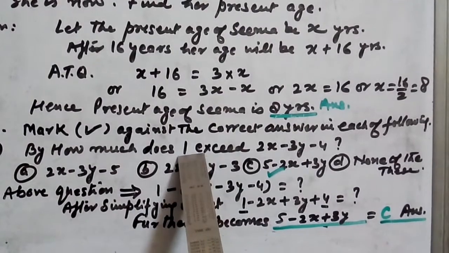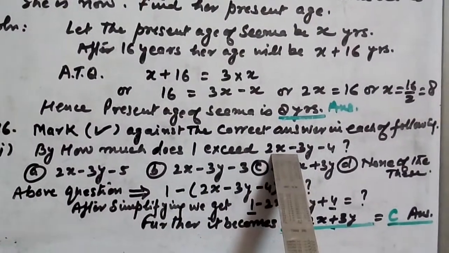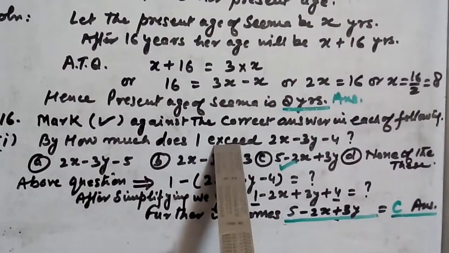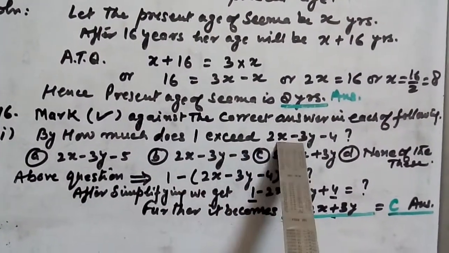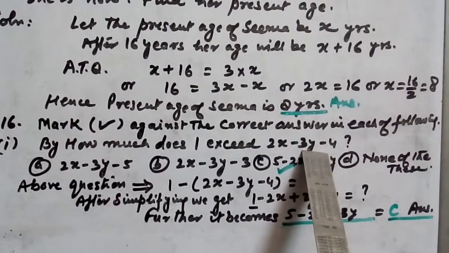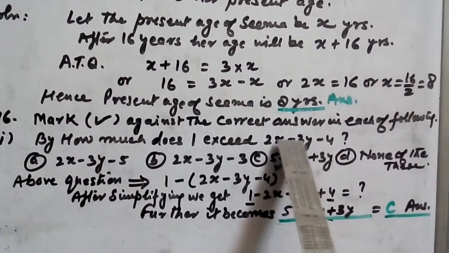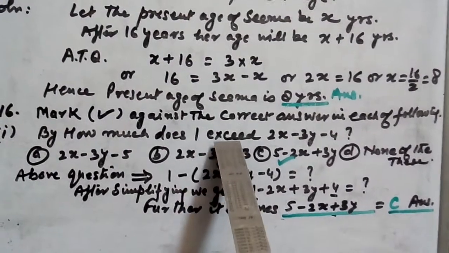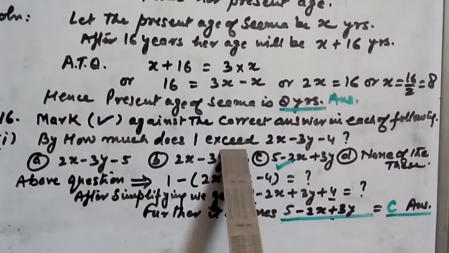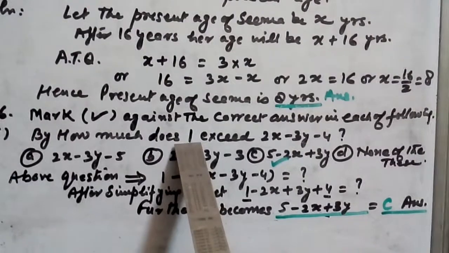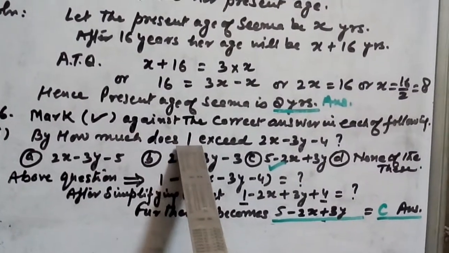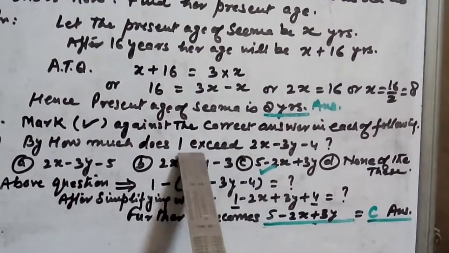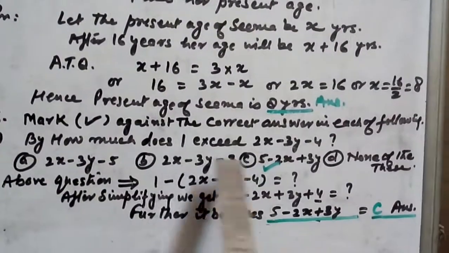So here it indicates that 1 is larger than this algebraic expression. Then here it is asked how much 1 exceeds this expression. Children, instantly looking at the expression, it looks like the value of this expression will be more than 1. But here it is a different case. The question states that 1 exceeds, meaning 1 is larger than this number. Then how much does 1 exceed? How much larger is 1 than this number? So how will you do this question?